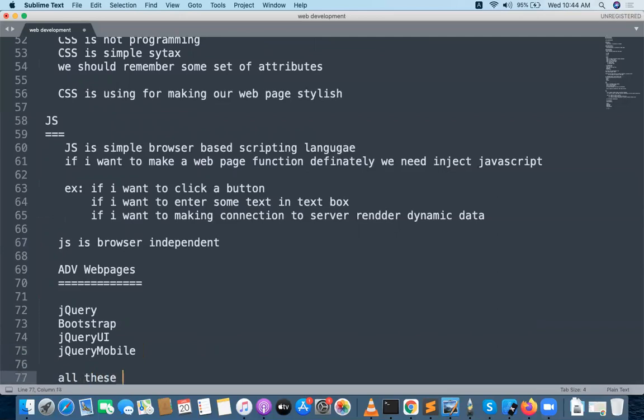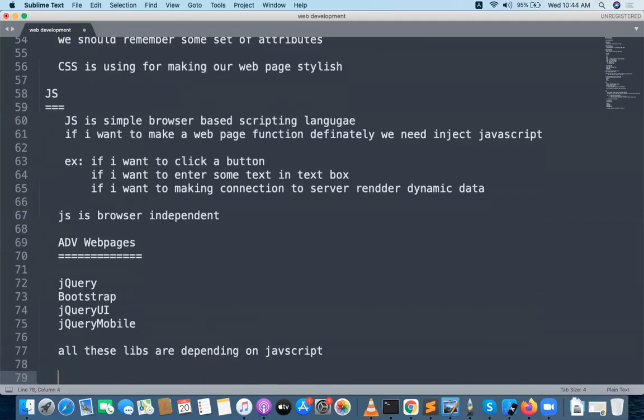All these libraries depend on JavaScript. First you need to understand JavaScript programming, and finally you will be able to learn all these libraries. I will tell you how to utilize all these libraries one by one.